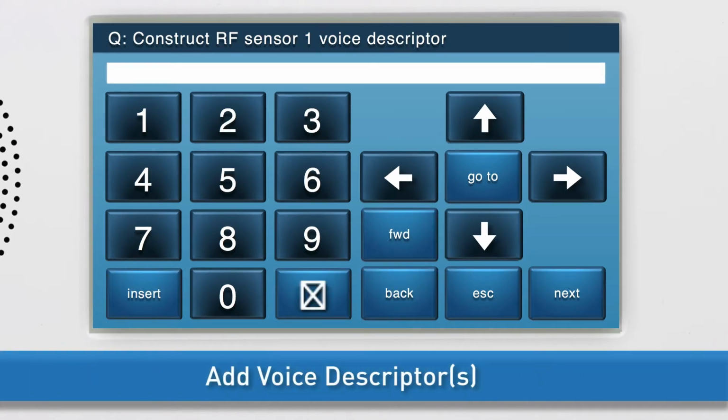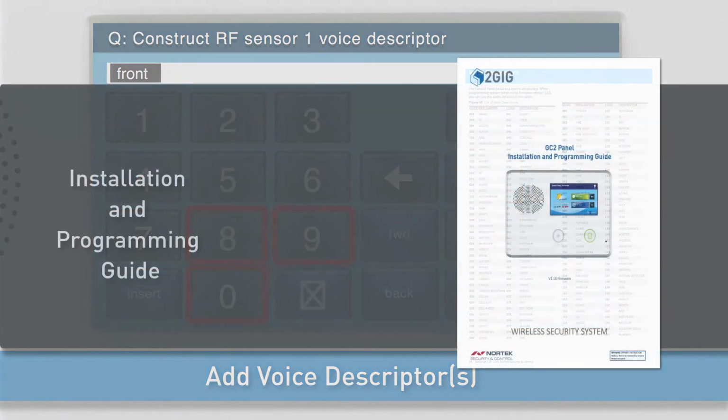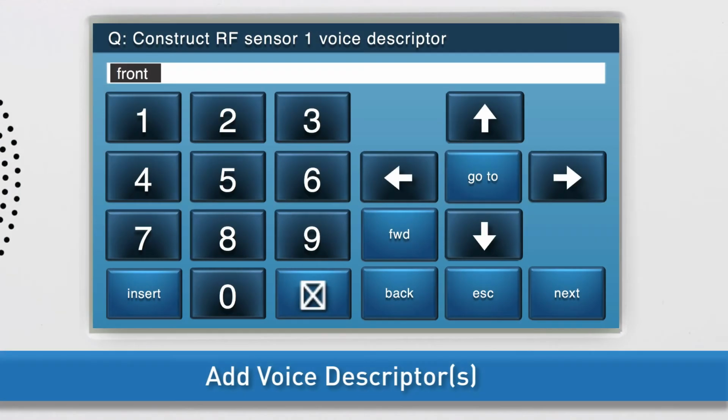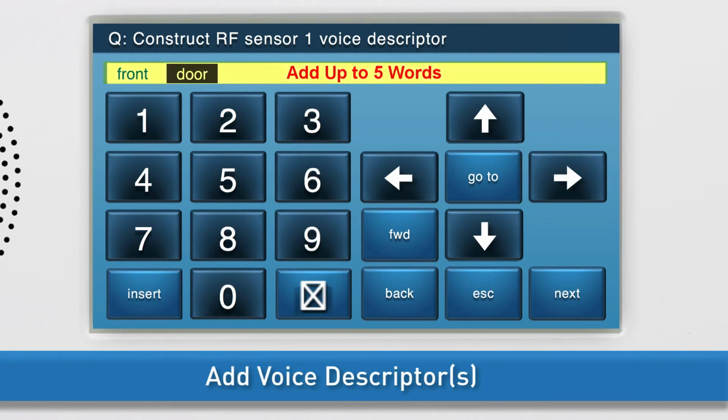Next, add the voice descriptors. Press Insert. The word abort will automatically appear in the answer box. Change the word by either using the right and left arrow buttons or by typing the word's 3-digit code using the keyboard. For a list of all voice descriptors and their associated codes, see the Installation and Programming Guide. To add another word, press Insert again and repeat the steps just discussed. You can add up to 5 words. Once the desired word or words displays in the answer box, press the down arrow to go to the next